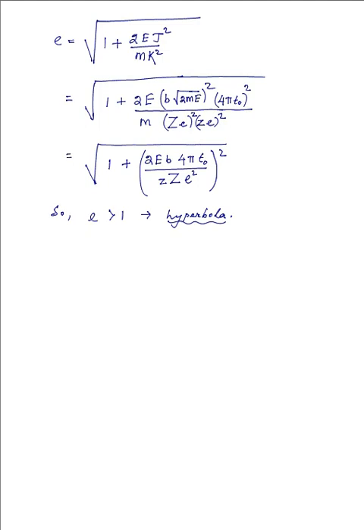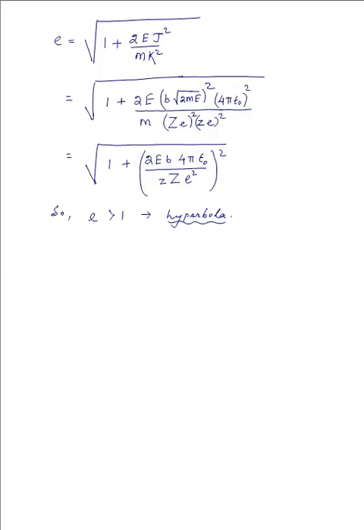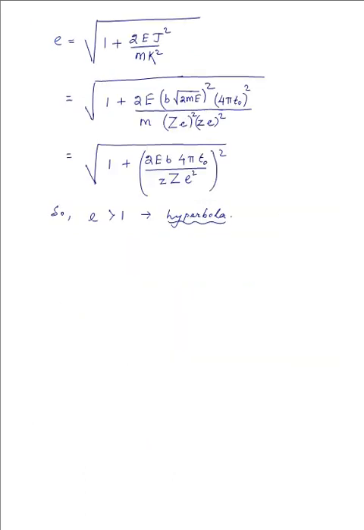Now the hyperbolic path must be symmetric, as I mentioned about the direction of the periapsis. The periapsis is the closest point that the particle takes. If we observe that point, the D that we had marked in the figure that you see, the point D is the periapsis, and the path must be symmetric about that point or that line along which it passes. Now the scattering angle over there is obviously phi that we have marked. So the scattering angle phi here